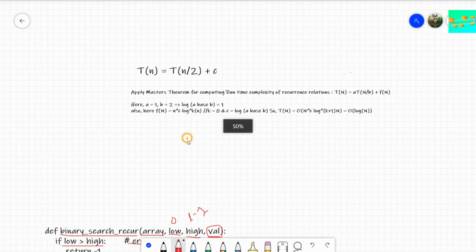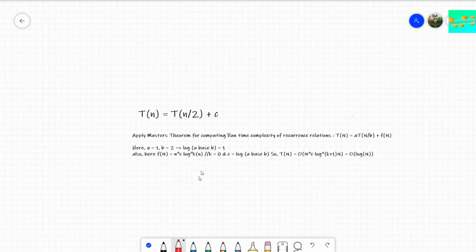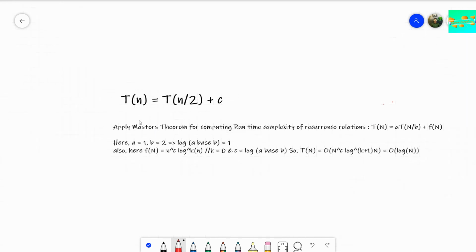If we just look here, we can apply Master's theorem for computing the runtime complexity of the recurrence. We can also find it out with the recursion tree method. We can use either to find out the value of this T of n, this particular time complexity function.